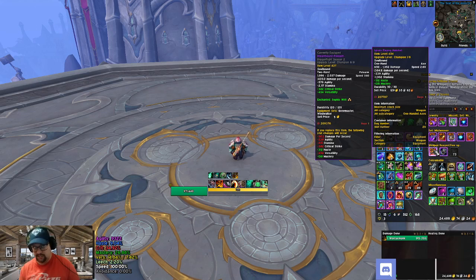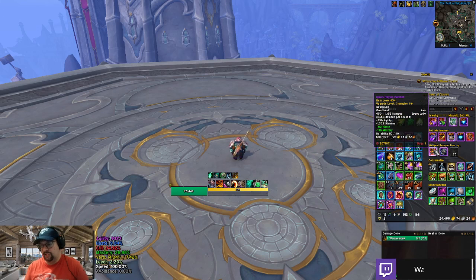I'm gonna get 2600 stamina, so 500 stamina increase. Let's just say I get another one of these hatchets. I'm getting 614 haste and about 280 agility. So the secondary stats might be out of line, but the pure damage,